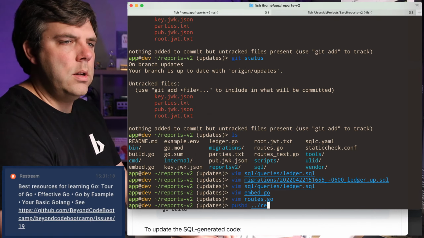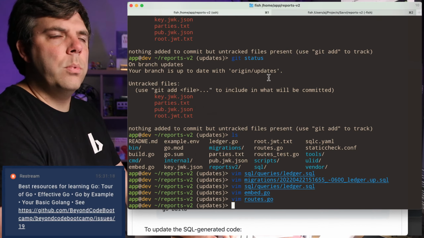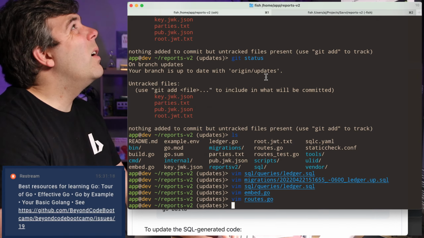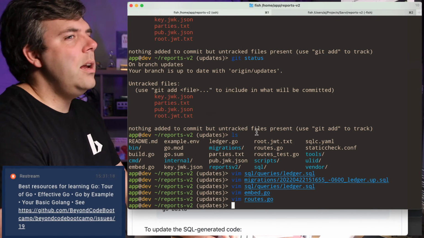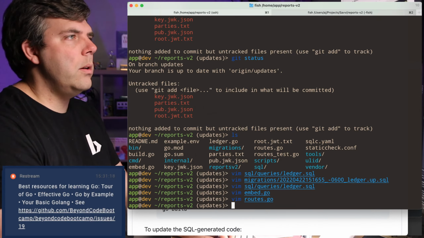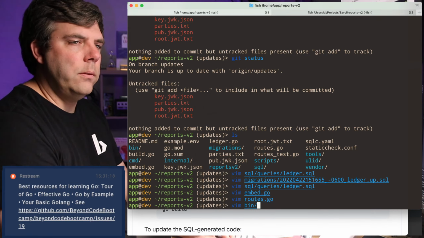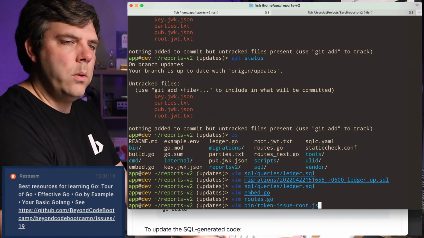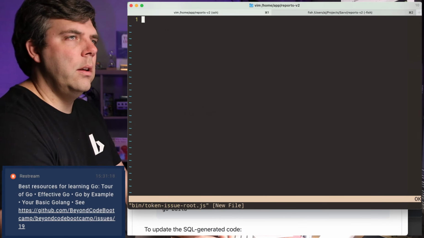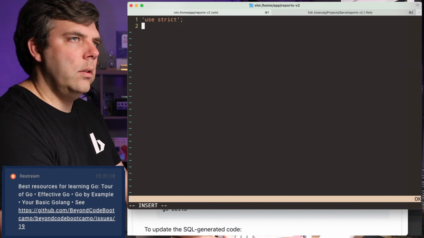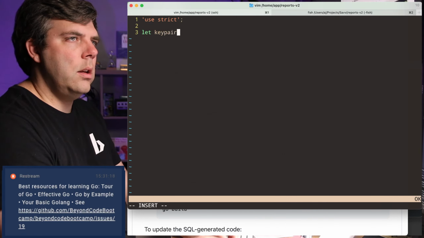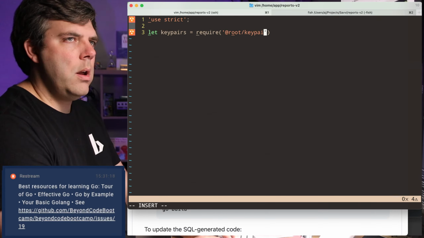I'm going to go into a different, well, I guess I could just bring that repository up over here. Let's see, how do I want to do this? I'm just going to make the file right here for now. I'm going to do token-issue-root.js. And I'm just going to bring in keyPairs equals require root key pairs.